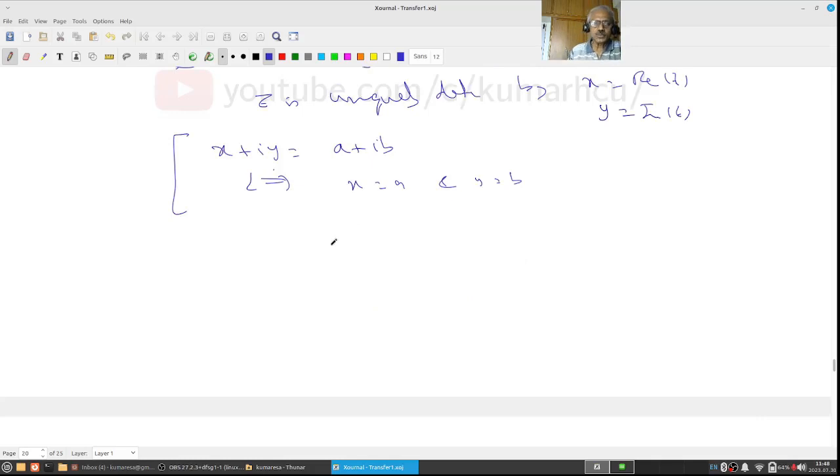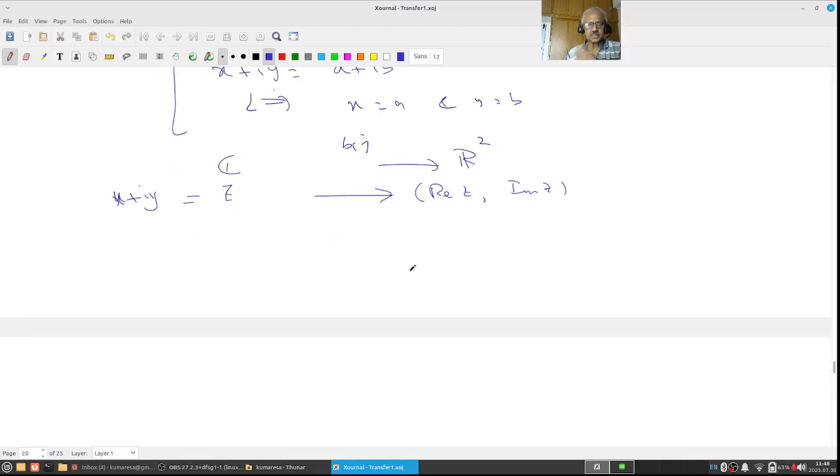Now what I want to do is I have a bijection of C with R2. What is a bijection? You start with a complex number z equal to x plus iy and send it to the real part of z and the imaginary part of z. Right, this is a bijection. Now call this bijection f. Using f, we transfer the field structure